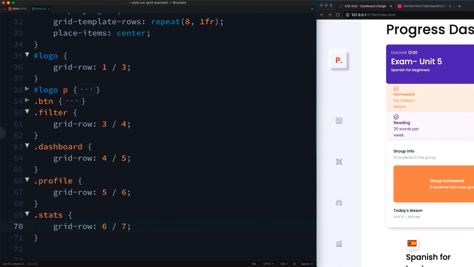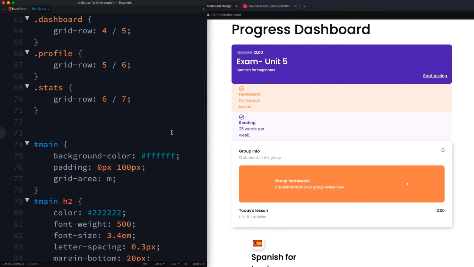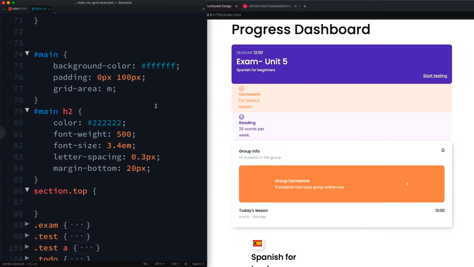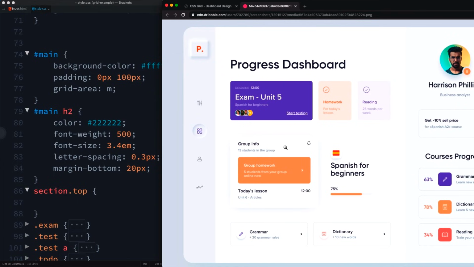Let's now move on to our main section. So for this, let's just minimize our text editor, and now we're working with the main section, so that's this right here. Okay, so if we take a look at the design then, we can see that this middle section here consists of 4 rows. We have 1 here, 2, 3 and 4, and we can also see that rows 1, 2 and 4 have roughly the same height. So what I'm going to do is set rows 1, 3 and 4 to have a height of 1FR, and then this third row here I'm going to give a height of auto.